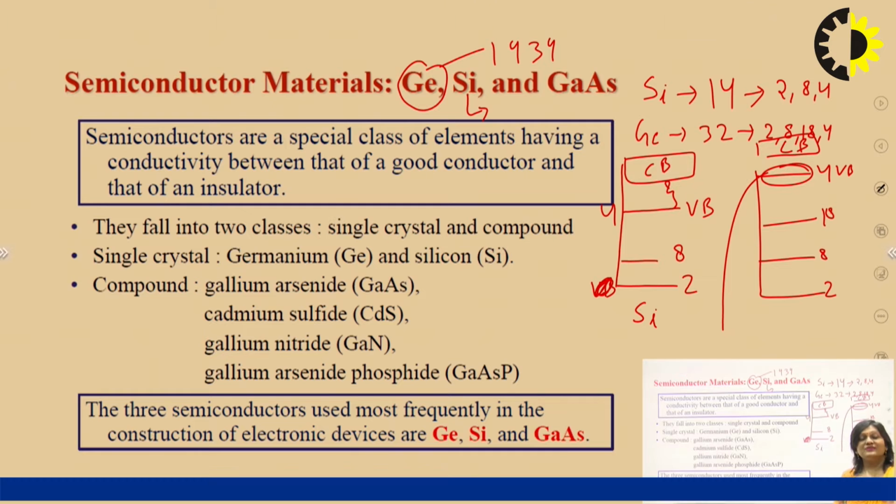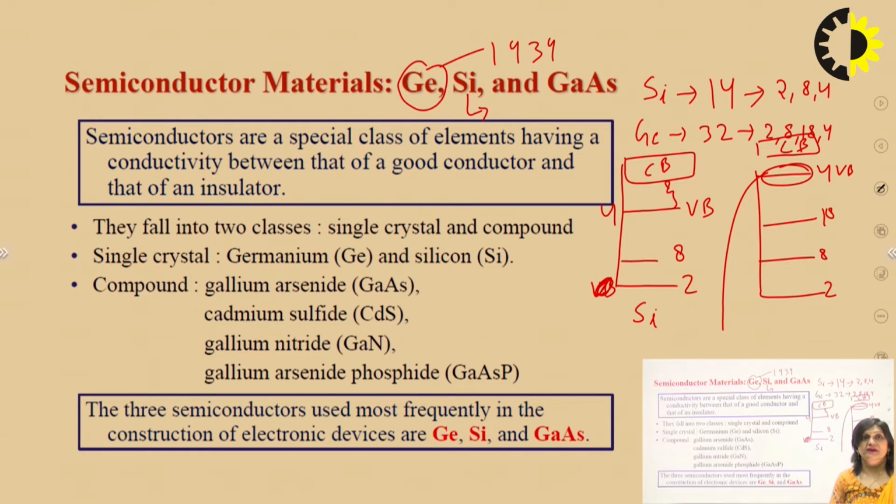The number of valence electrons in germanium and silicon is the same, that is 4 electrons. But in silicon, the electrons are at the third energy level, and in germanium, the valence electrons are at the fourth energy level. So they require very little energy to come into the conduction band. So at very low temperature, leakage currents flow, because electrons come into the conduction band and start conducting. That's why germanium is highly temperature sensitive in comparison to silicon.